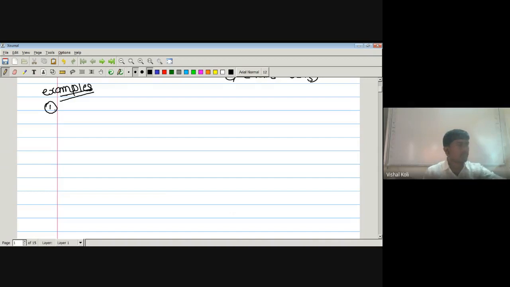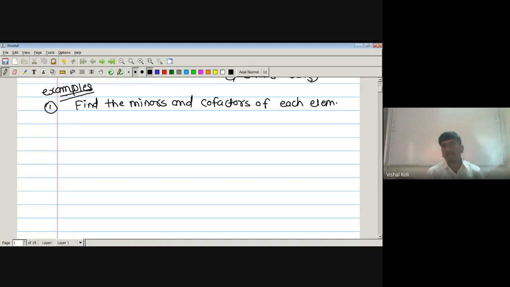First one. Find the minors and cofactors of each element of the second row of the determinant, and the determinant is given by